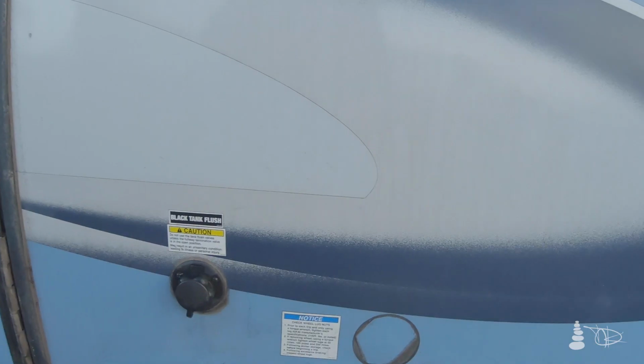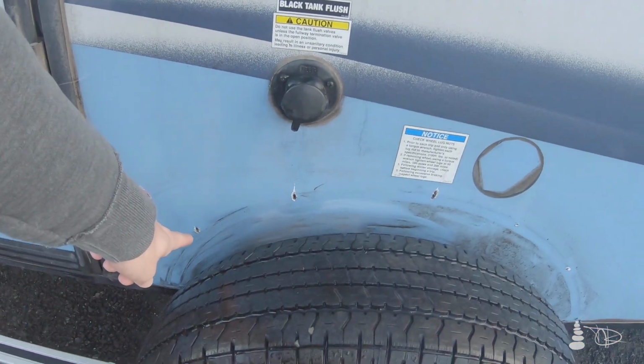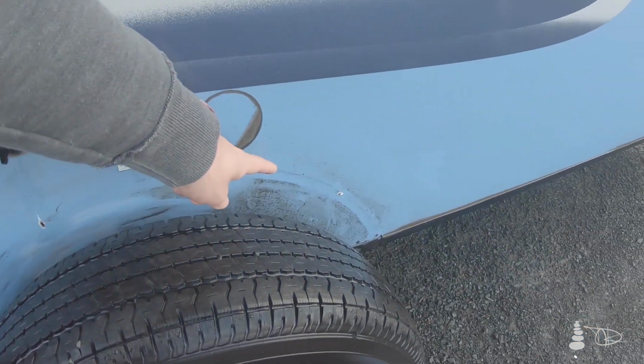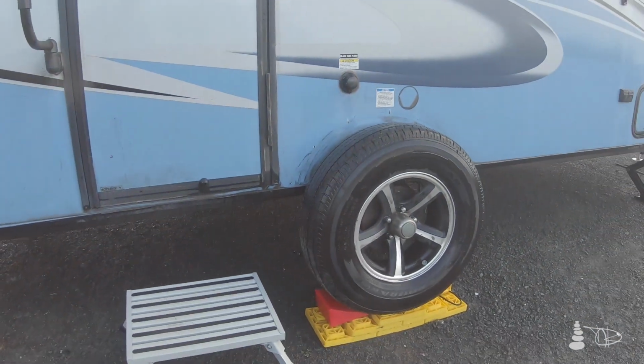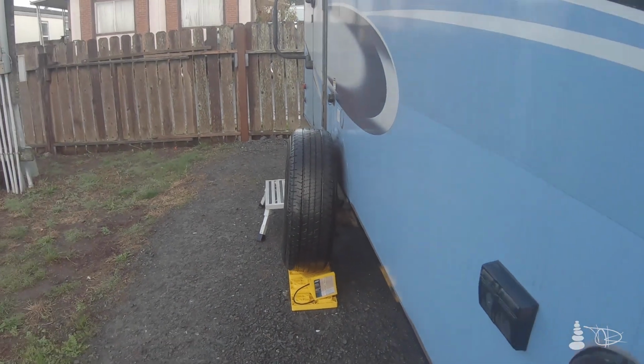When I took the fenders off, noticed that the wheel had a pretty significant negative camber towards the side of the rig. Looks like it had even touched the rig. There was tire marks on the side of the wall. No, like, damage to the fiberglass though. So